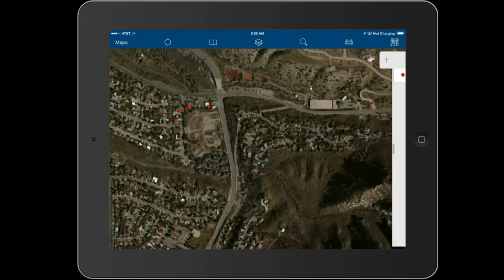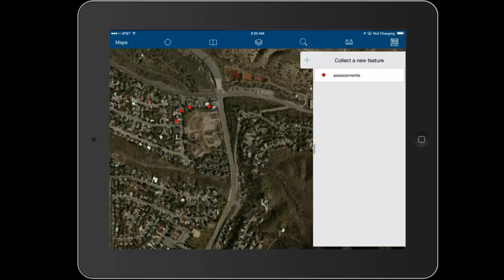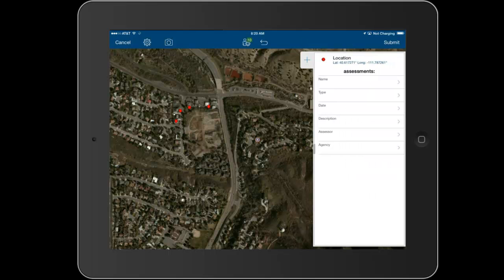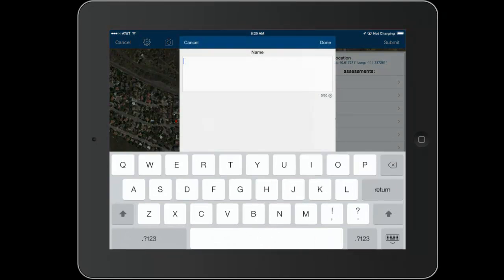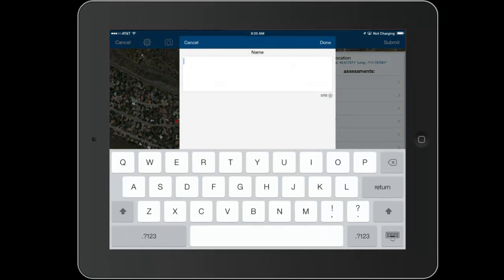Now I'm going to tap the right hand side. We've got the ability now to drop a point on the map at our current location using the GPS on the iPad to then assess the damage of a particular home. So let's go ahead and just input some information here. We're going to put in a name which is SNKT